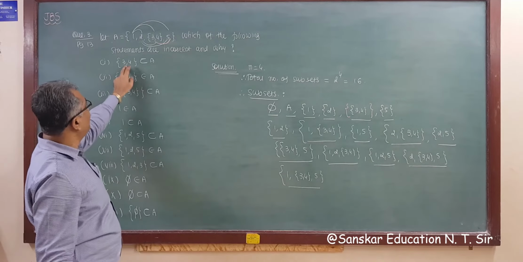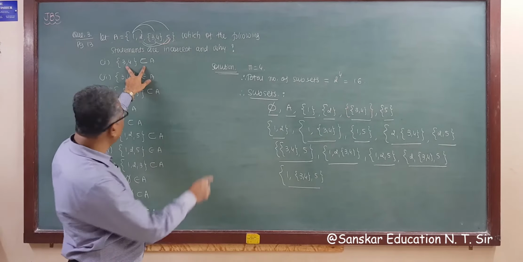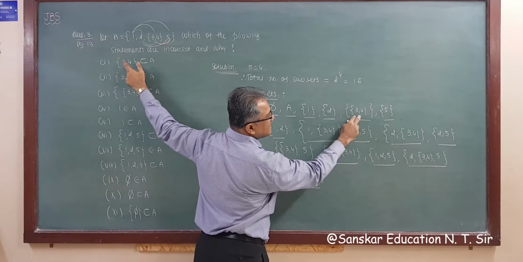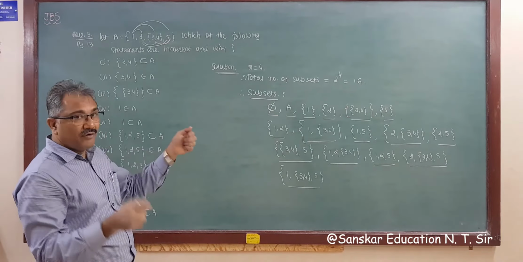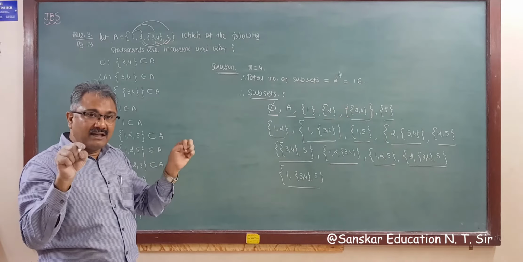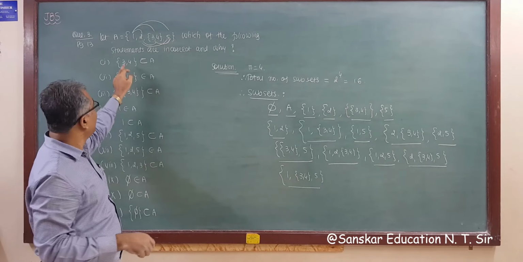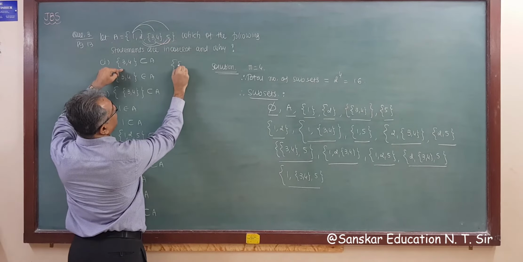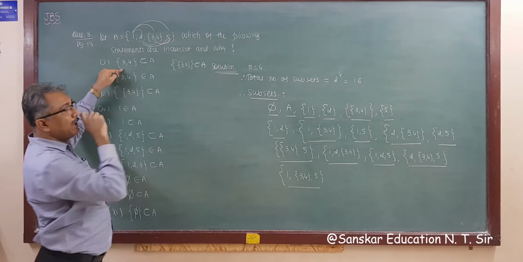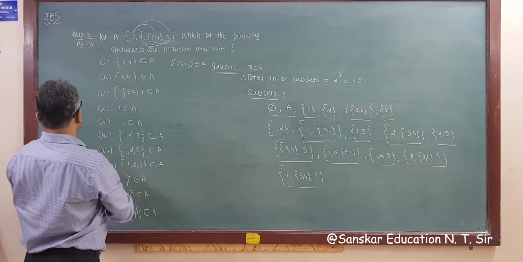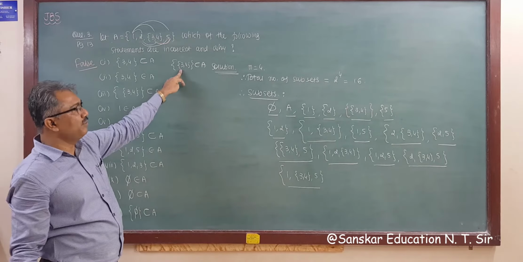So now first, {3, 4} is a subset of A. Is {3, 4} there? Yes, but it has braces again, because {3, 4} with curly brackets is an element of set A but not a subset of A. If it is like this, 3, 4, then this 3, 4 is a subset of A, but this {3, 4} is not a subset of A. So this is false. I am writing the answer here, so false, and I am explaining it to you here.